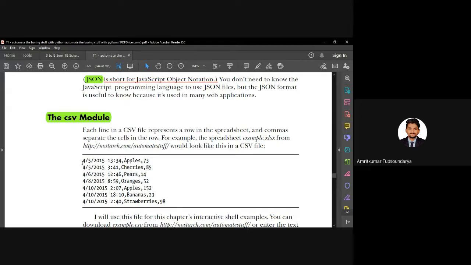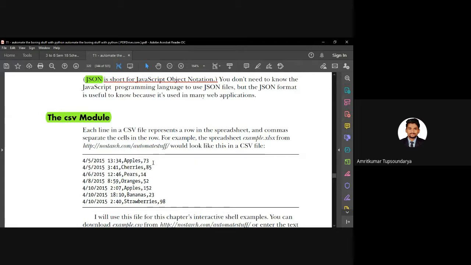So this is a sample data. Here you can see a normal CSV document. A CSV file would have data something like this. The first value, as you can make out, is a timestamp. The second value is some value, like the names of fruits, and there are some numbers associated with them. Let us not get much more into what these are. The point here is that the different values in the CSV file are stored separated by commas. This is the general format of a CSV file.